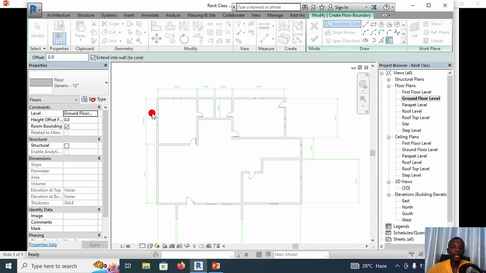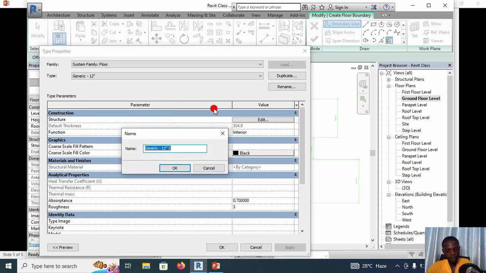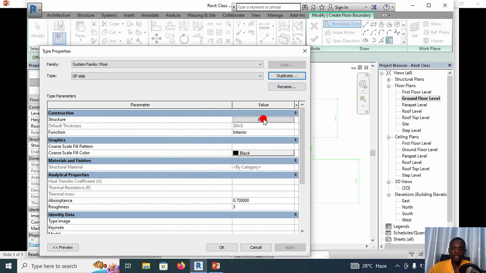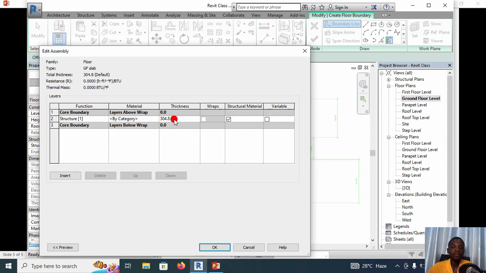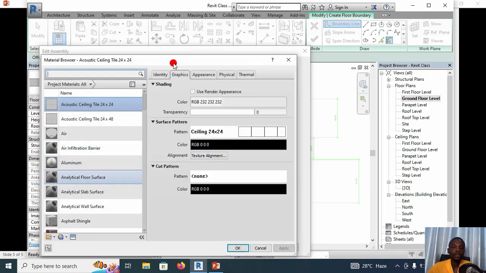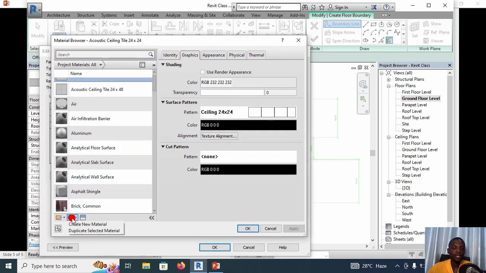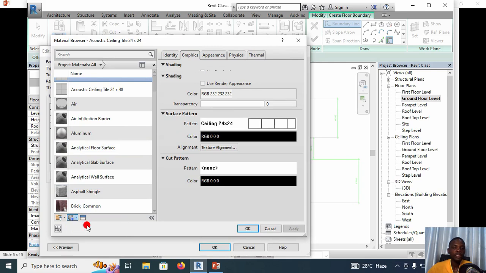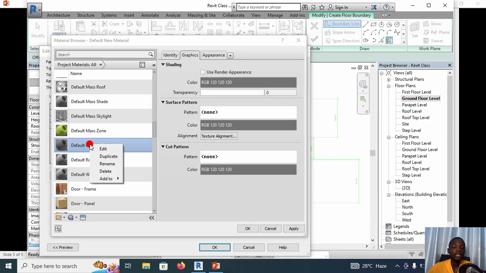So you just come to edit type, always duplicate. So I'm going to duplicate it to ground floor slab, right? And then click on OK. And then I'm going to click on edit here, right? The thickness of the slab is 150 mm, always 150 mm, right? Now we can edit the material type here. Just click on by category and then click on this small box at the corner here. Click on it. Now we want to create a new material for our slab. So come over here, right, and click on create new material, right? And then I'm going to edit the name. So I'm going to rename it to ground floor slab,